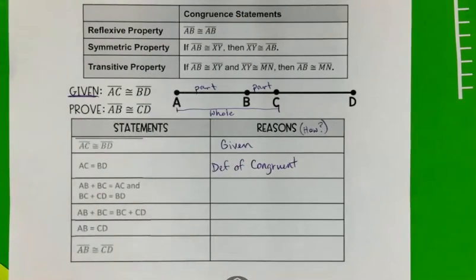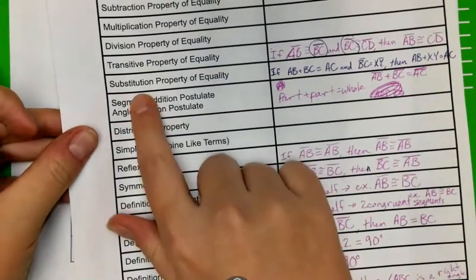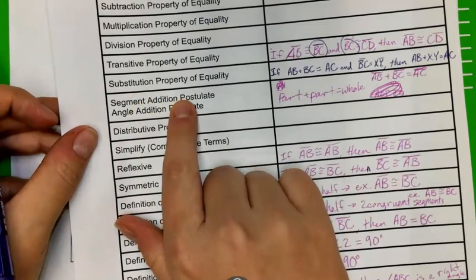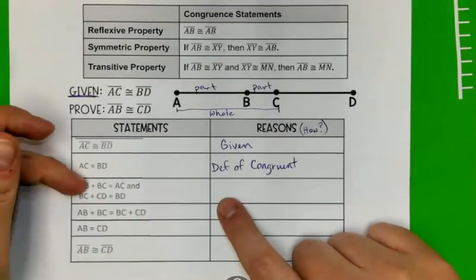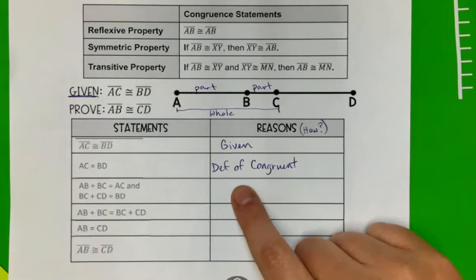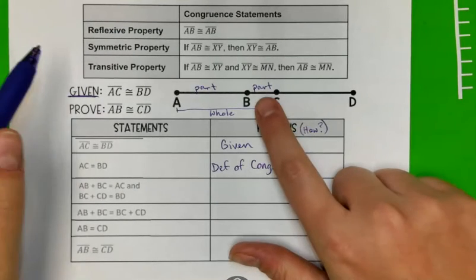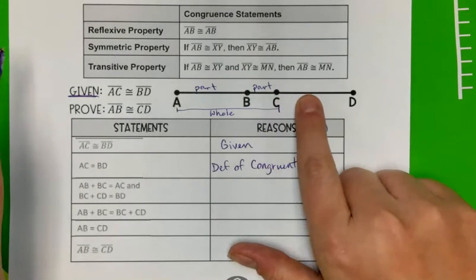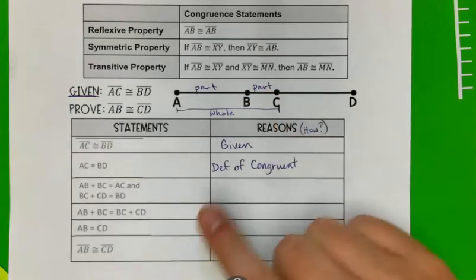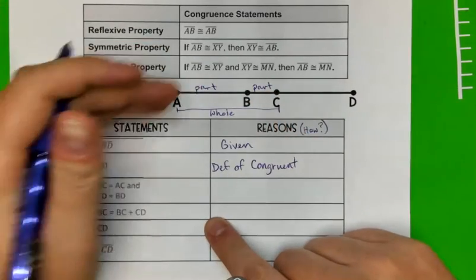Okay, if we look back and we're like, oh, which one's part plus part equals whole? It's going to be this segment addition postulate. And if it was angles, it would be angle addition postulate, but we're talking about segments here. So we've got 2 times where these come out of nowhere. So we've got to look back at the picture. BC, part CD plus part equals the whole thing. Okay, that makes sense. Just make sure you check your picture,